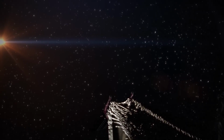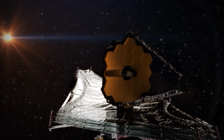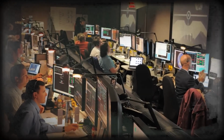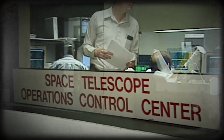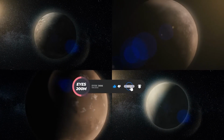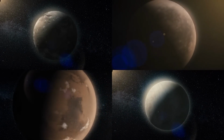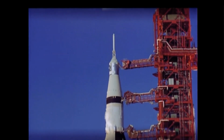What exactly has the JWST uncovered? How could these seemingly innocuous spots of light challenge the very essence of our scientific theories? As we delve into these questions, we embark on a journey that not only pushes the boundaries of knowledge, but also reveals the ever-evolving nature of science. Join us as we explore the depths of these discoveries, the theories they confront, and the future they promise to unveil. Let's look back at the day the James Webb Space Telescope launched on Christmas Day 2021, and that day